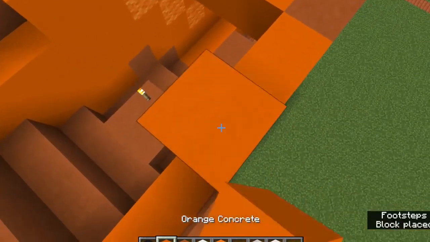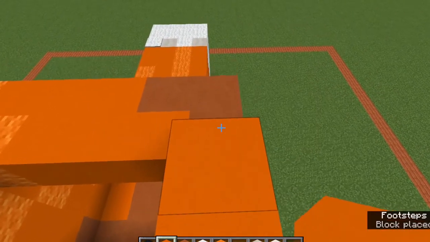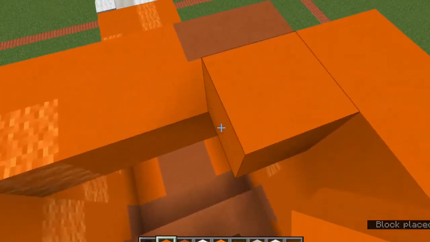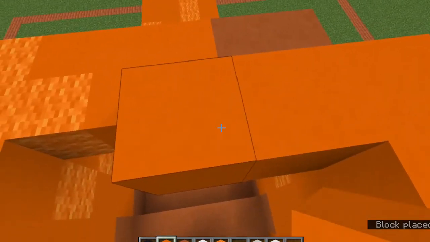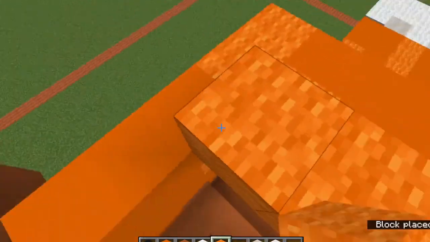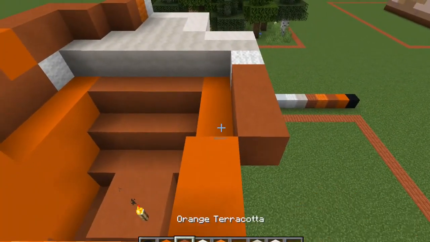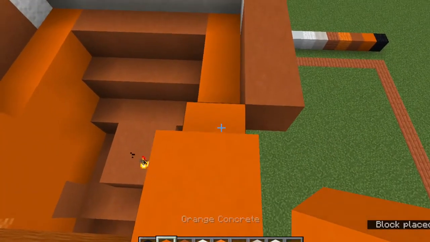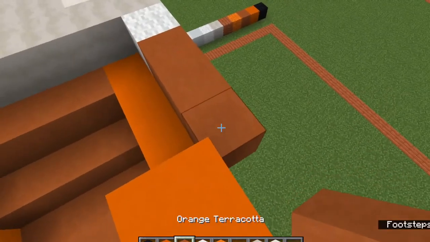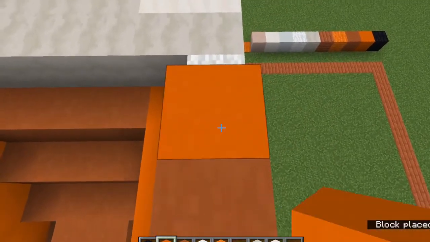then 3 pieces of orange concrete, 2 more on this inside piece, 2, 3 orange wool, 1, 2, 3. Now facing front again, we're gonna do 2 pieces of orange concrete, 2 pieces of orange terracotta, 2, 1 orange concrete,